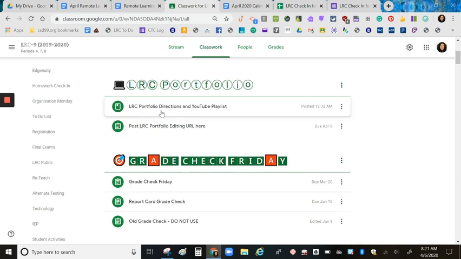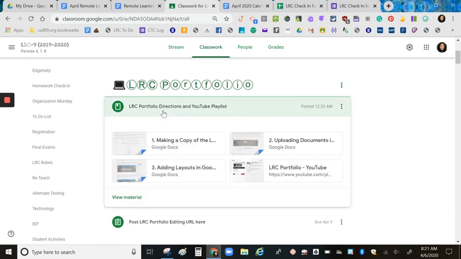LRC portfolio, all the directions are in here. I made sure to put type directions, as well as there is a playlist in YouTube. So if students are struggling, there are videos that are about 2 to 4 minutes long. They could go ahead and watch, but I made sure to put both down because I know some people are visual and some people are